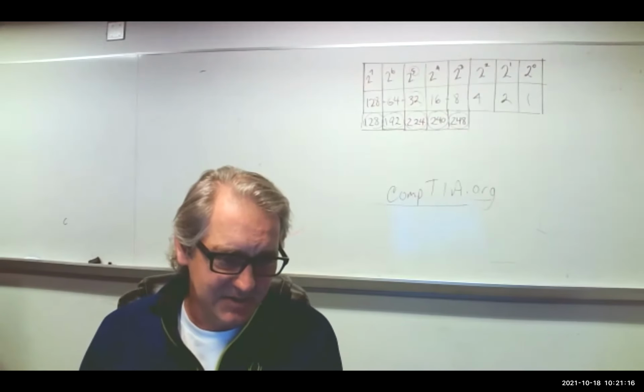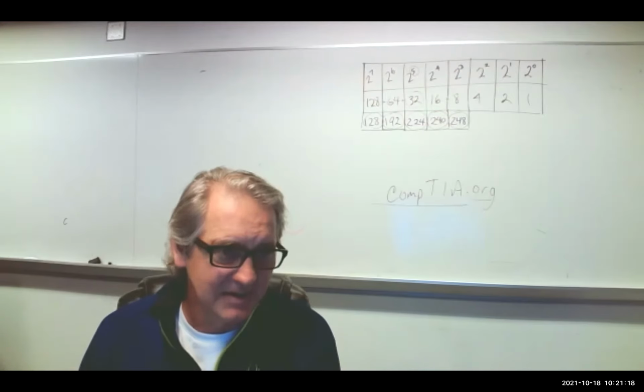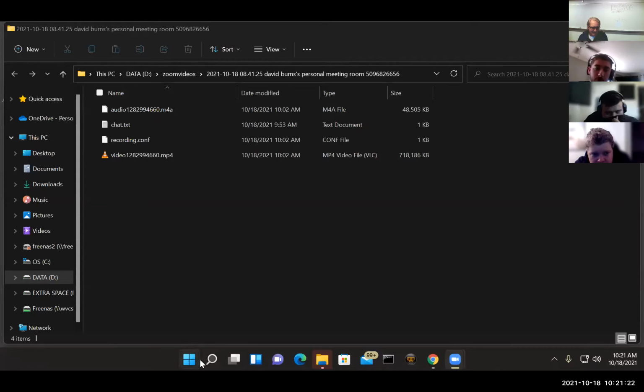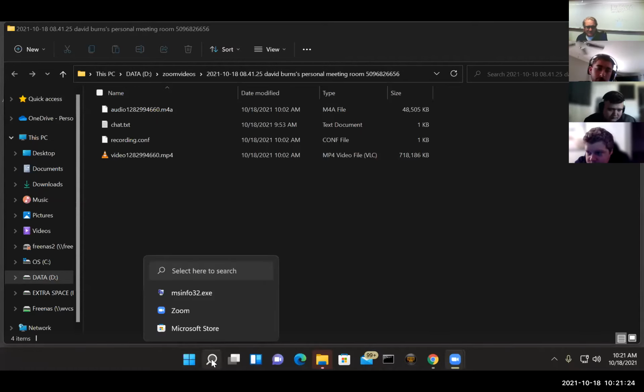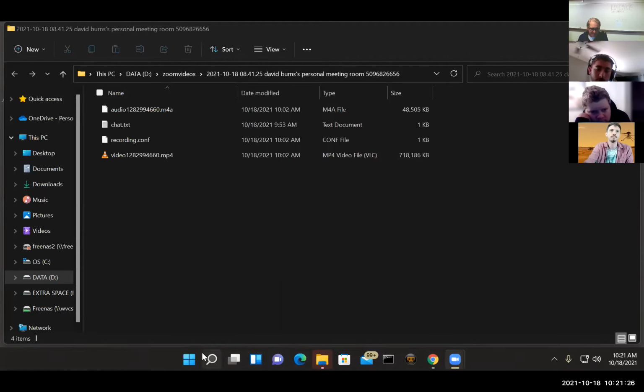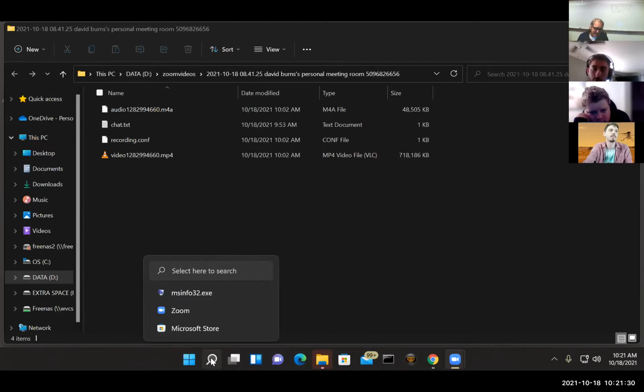All right, I'll share this screen if I can here. That's going to be weird, sharing the one that I'm on. All right, so I'm on Windows 11, so I'm hoping you're seeing the toolbar. Do you guys see the toolbar at the bottom as well? Okay, I wasn't sure if it's just sharing the screen. All right, so